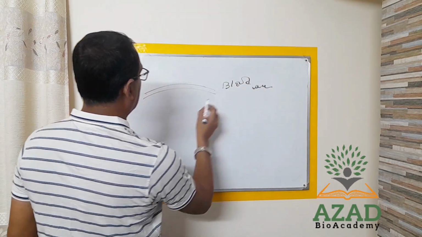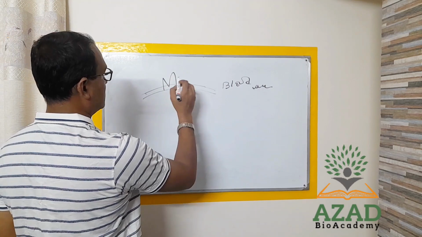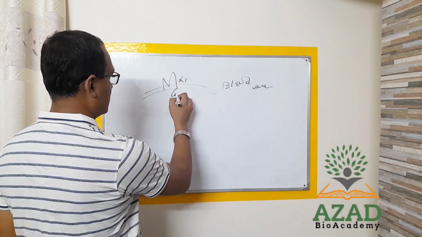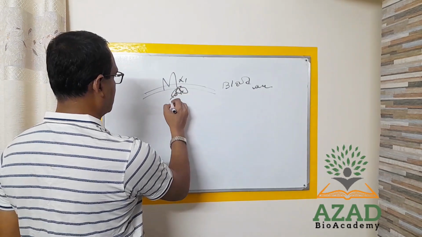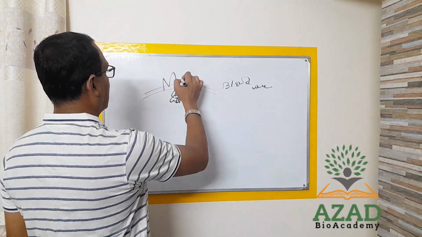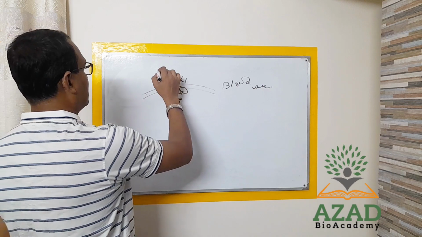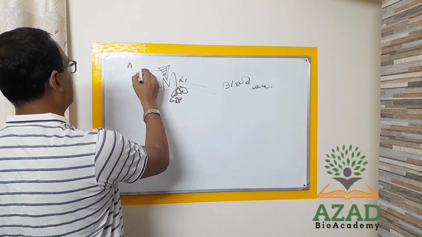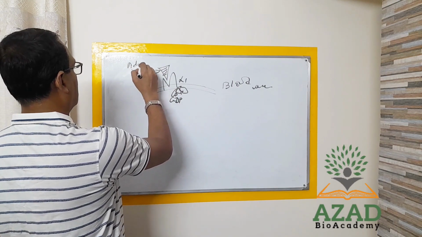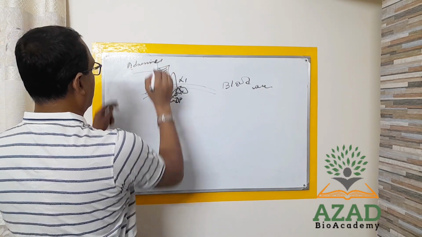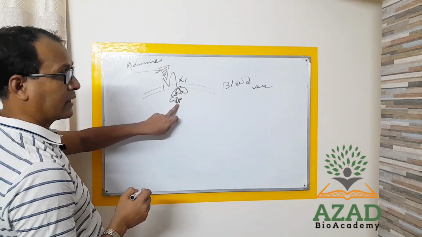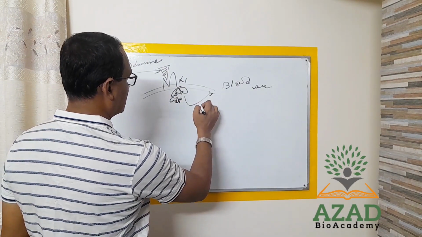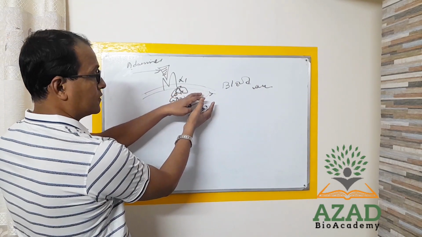Here is one receptor, that is alpha 1, a G protein coupled receptor, with GDP. Here adrenaline will bind. Then what will happen? G protein will be activated. If you think this is the alpha G protein,